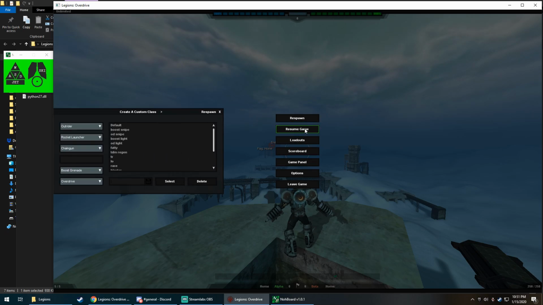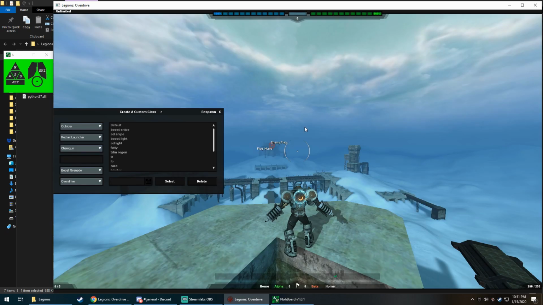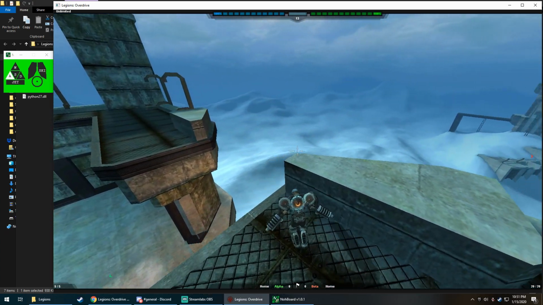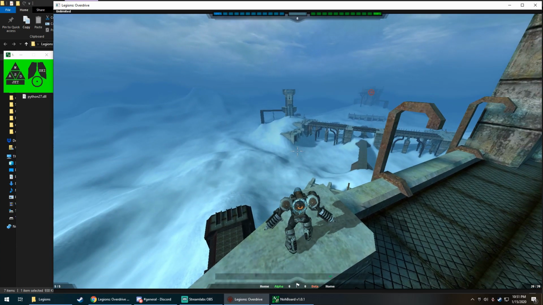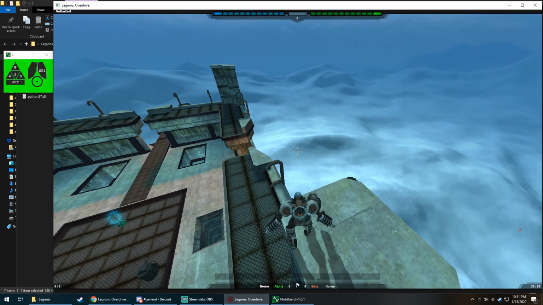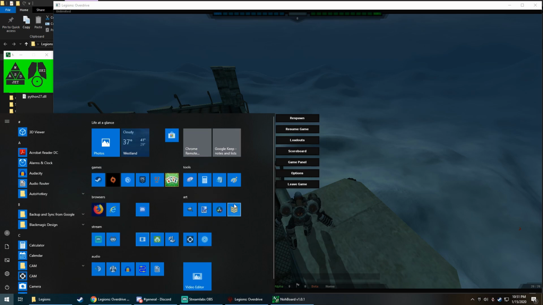So the core mechanic, there's two core mechanics in Legions' innovations, and I'll go over them one at a time. The first one we talked about before when we were setting our keybinds is Downjet. So imagine you've got,